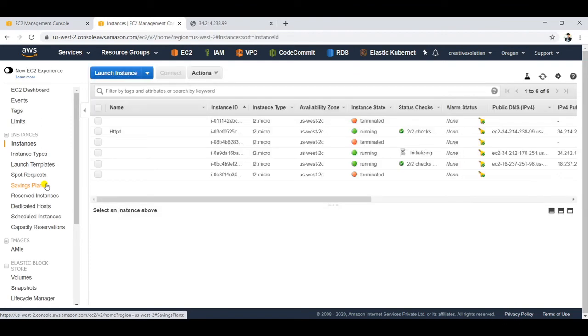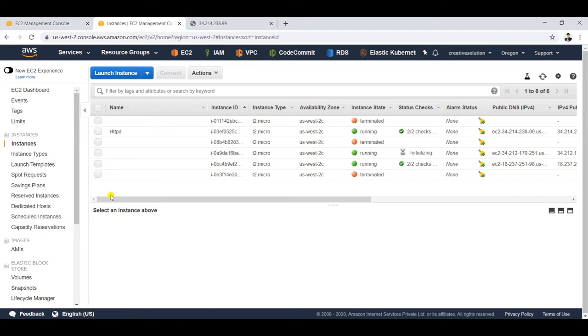Dedicated host is basically where you do not share your hardware with any other customer or any other consumer of AWS. You have a dedicated host where your application runs on the same hardware, and it is not shared with any other customer. Scheduled instances are for if you want to schedule instances on weekends or weekdays, you can use this. Capacity reservation, same goes. You want certain instances so that you can provision them. More or less, savings plan goes for EC2 instances so that it shuts down and starts up when not in use, or during a weekend option.